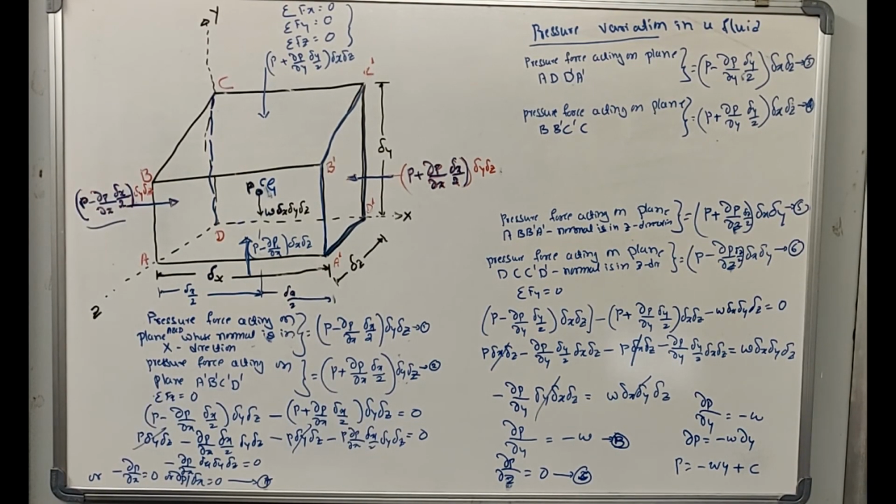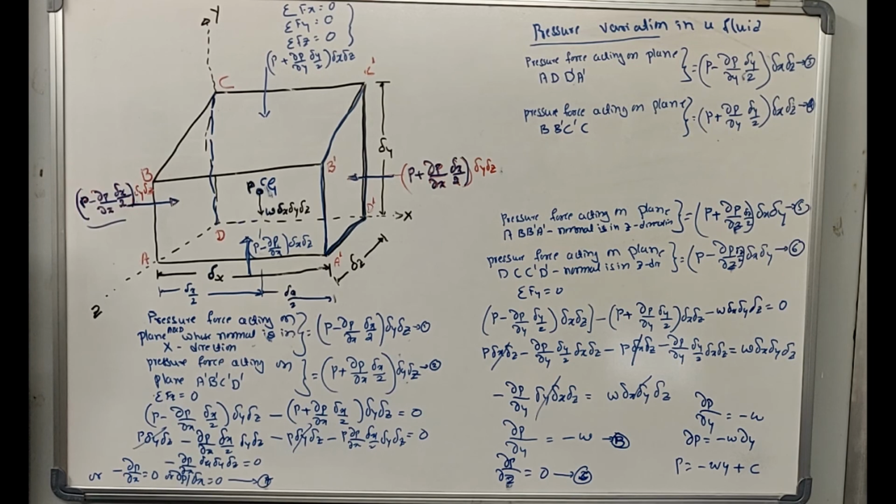So in this class you have derived the basic differential equation to know the variation of pressure in the static mass of fluid on the supporting planes, and from this study, it is very clear that the pressure intensity on the supporting planes varies only in the vertical direction, and pressure variation in other directions is 0.